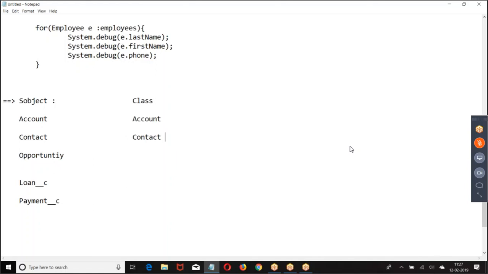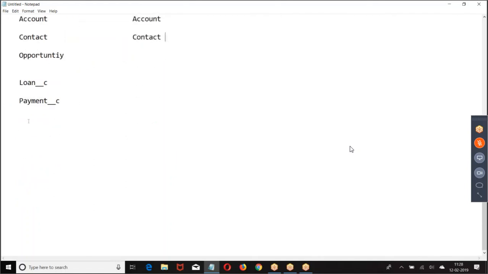If there is an account table, how do you refer in Apex class? How do you refer in the Apex programming? Account class. Contact table in the Apex programming, contact class. Loan table in the Apex programming, loan class. So for every table we create in database, there is an equivalent Apex class. With the help of the Apex class, we write the program. Are you clear? Now, if it is a class, how do you use? If it is a class, what will I do? Create an object. If it is a class, if I want to use, how do I use it? Create an object, then use it.